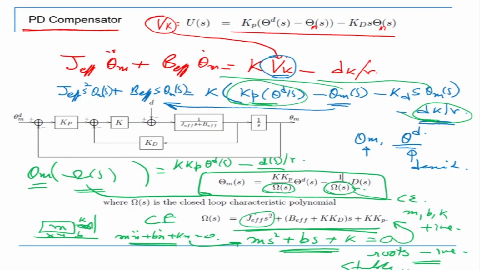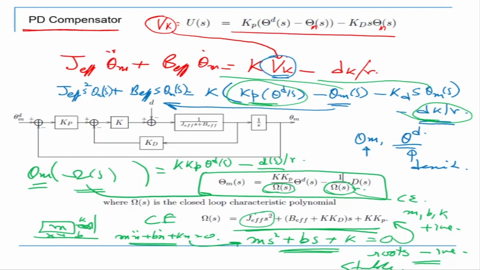We also used Lyapunov theory where we derived a Lyapunov function. We took its derivative and then we showed that this is a stable system. So a PD controller or a PD compensator is always stable. It cannot become unstable, and hence it is always used in a system. It's the most common type of control system used because it can never become unstable.